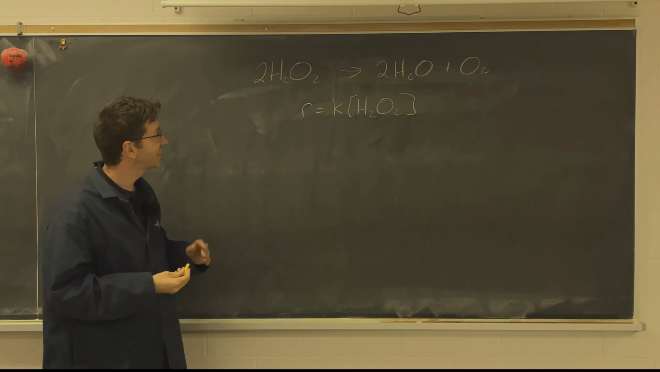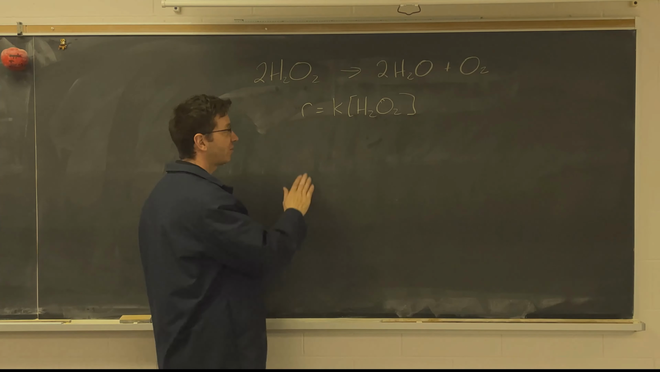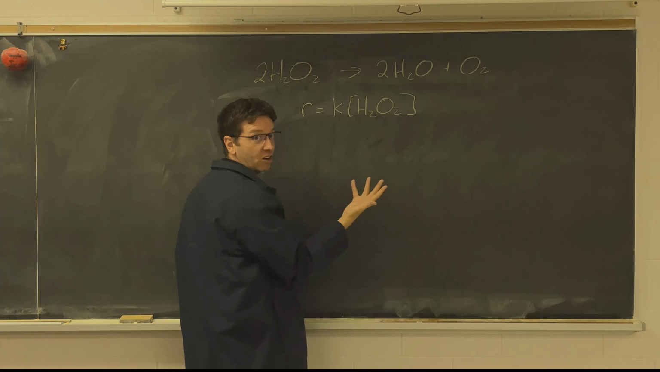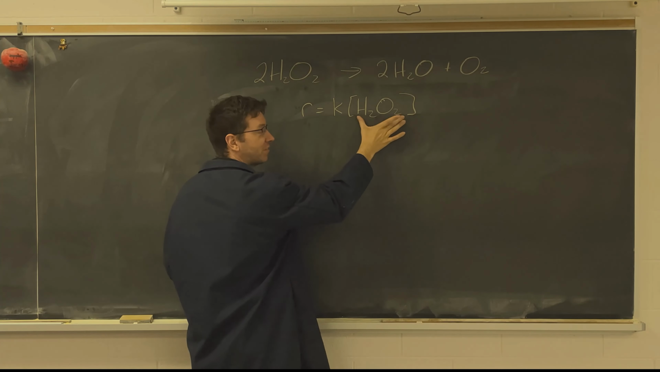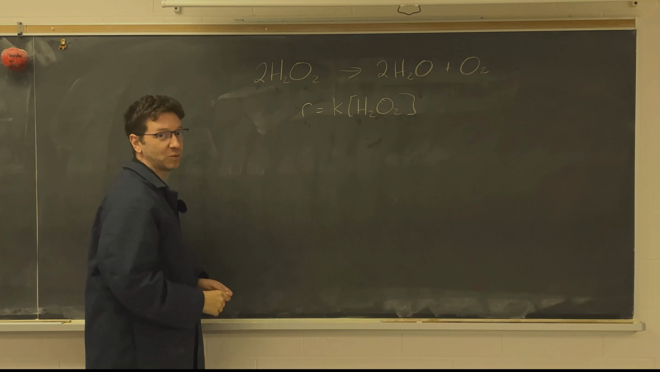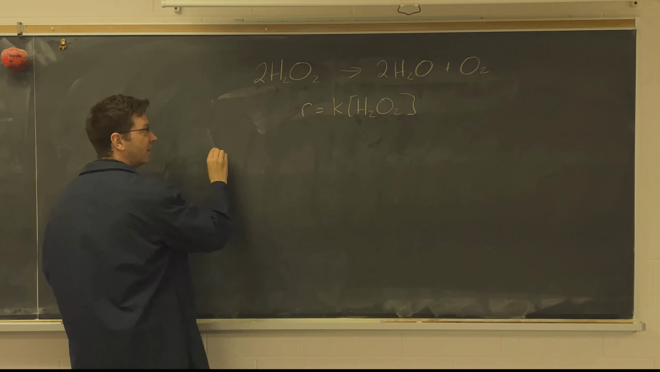So in our second example, we have the decomposition of hydrogen peroxide. Now our rate just shows hydrogen peroxide, where the square brackets mean concentration. So the concentration of hydrogen peroxide to the power of 1. But notice our coefficient is 2, so this is not an elementary process. We need to propose a mechanism. So step 1,